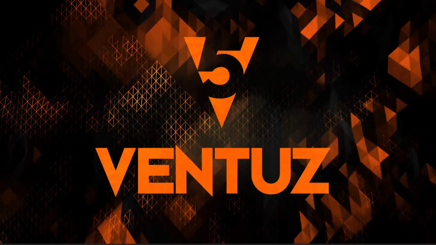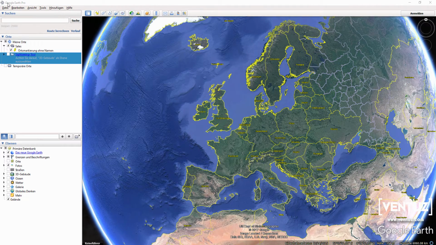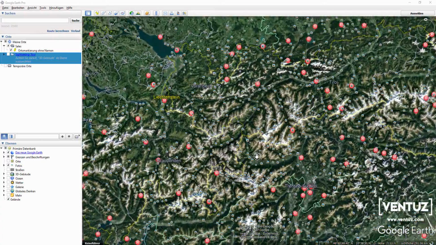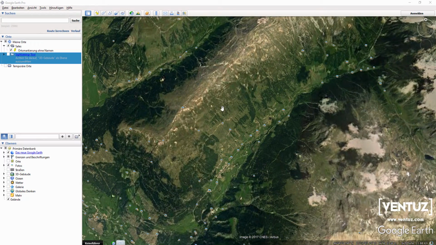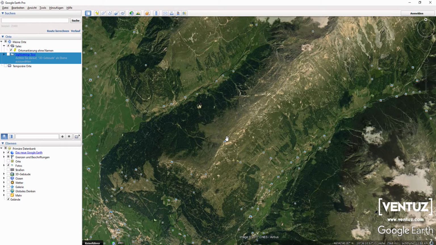Hi and welcome. Today I want to show you how to get Google Maps topologies and the path or splines you create in Google Earth Pro into Ventuz. I'm looking now for a nice spot. See, I'm choosing something in the Alps and I'm gonna draw now a path with the path tool from Google